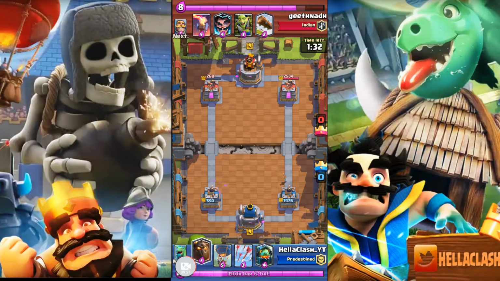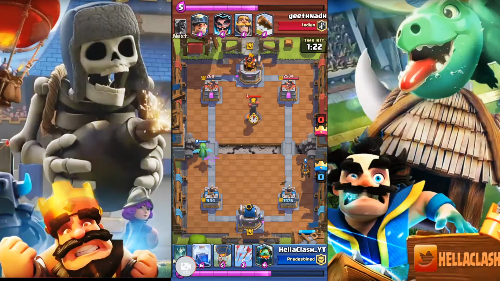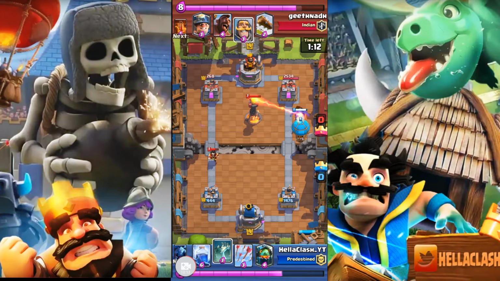So I think he decided to switch lanes here, figuring that's within lightning range on the other side. Baby Dragon does a really good job dealing with that Goblin Gang and turning into a bit of a counter push here. He saw that my Baby Dragon wasn't going to miss there, so he had to pay the...